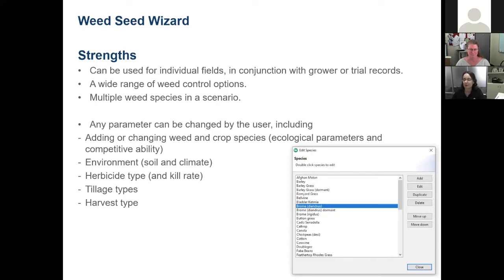So you could just go into the model and make a duplicate of wild radish and then give it a new name, depending what your new species is. And then go, I don't know heaps about my new species. Maybe I know optimal germination temperature. That information is usually available in the literature, or total weed seed production. So just take those two numbers that you do have, pop them in the model,